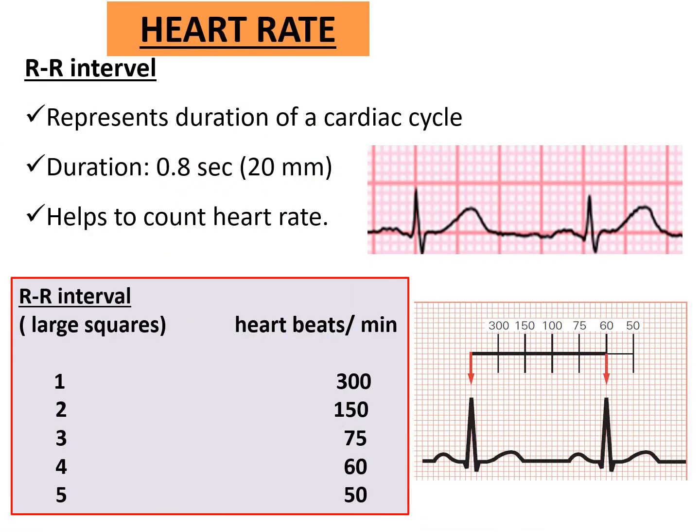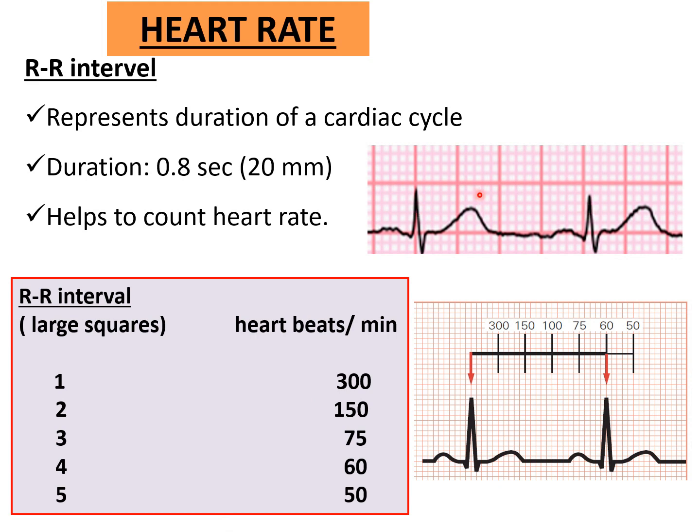So in the first step, we are learning the heart rate: how to calculate the heart rate by looking at the ECG without palpating this patient. The heart rate you can check by checking the RR interval. What is this RR interval? The nearby or adjacent R waves we can consider. So this is one R wave here, this is one R wave, and this is another R wave.